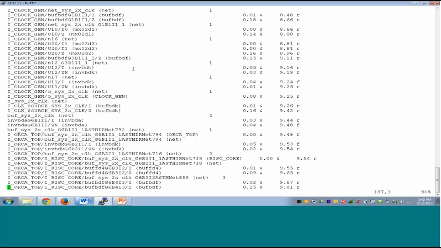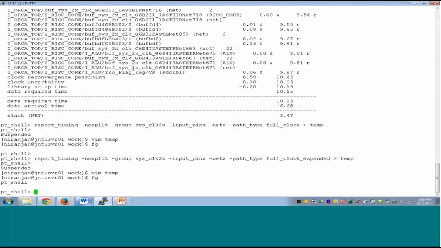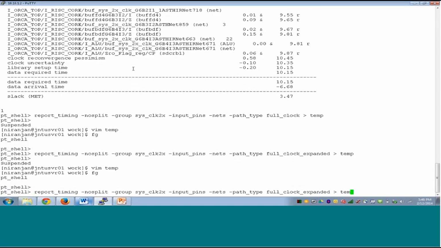Now, does it show common? Okay. Now let's talk about CRPR. Now let me report a simpler report. I'll say minus group sys clock and from get clocks